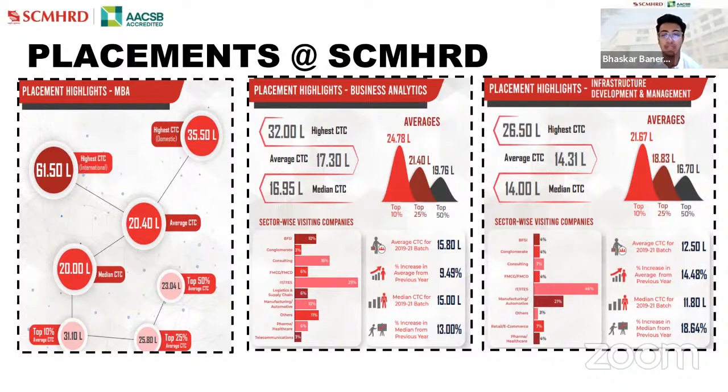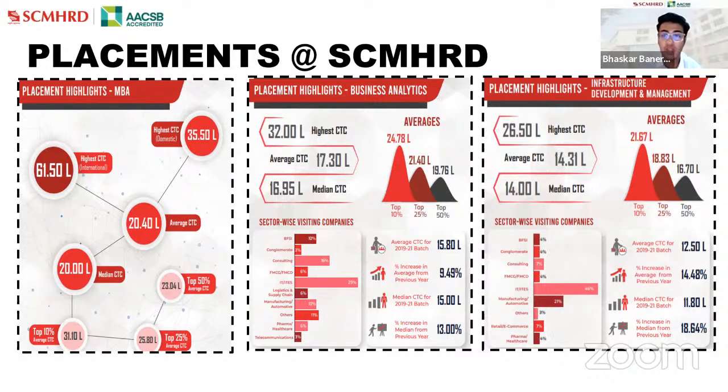The average CTC for the batch of business analytics was 17.30 lakhs, whereas the median CTC for the batch was 16.95 lakhs. You can see a lot of various sectors visiting the campus, like conglomerates, consulting, ITES, FMCG, pharma, telecommunications,